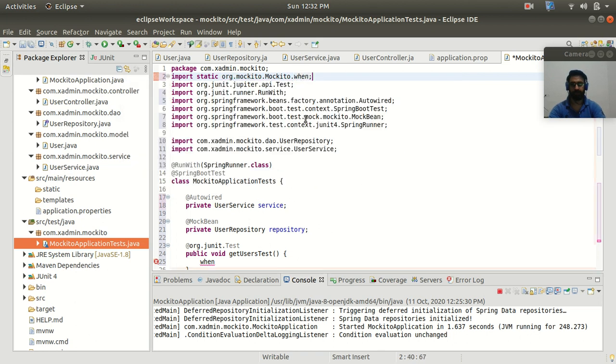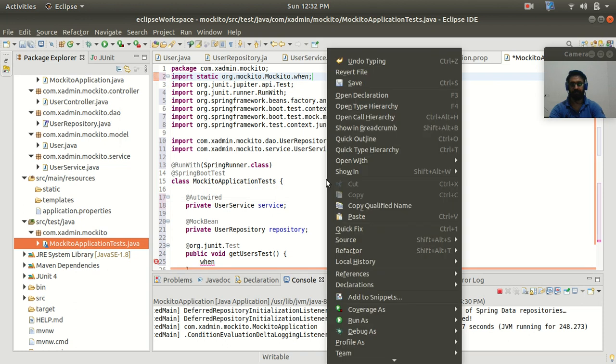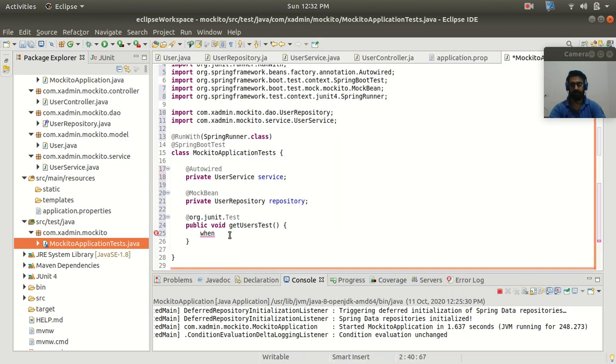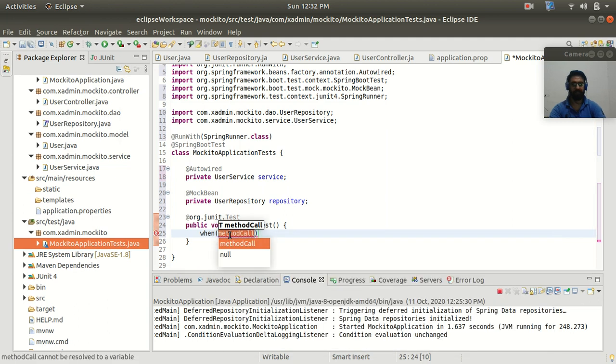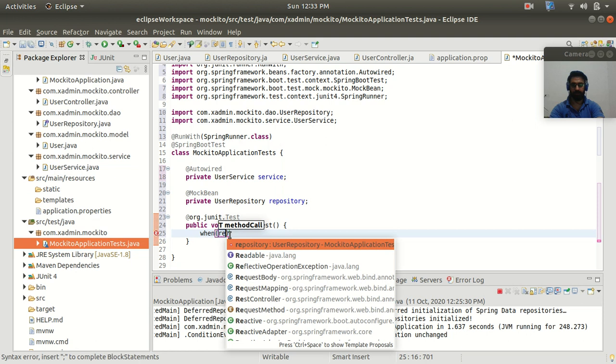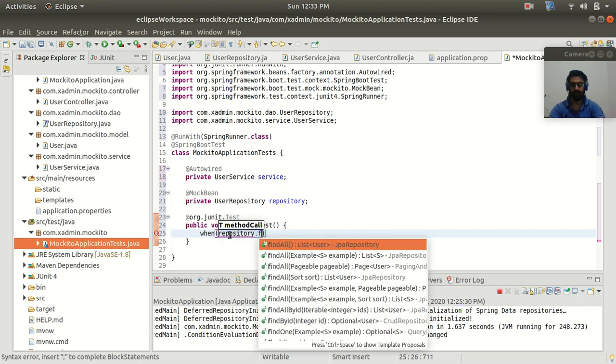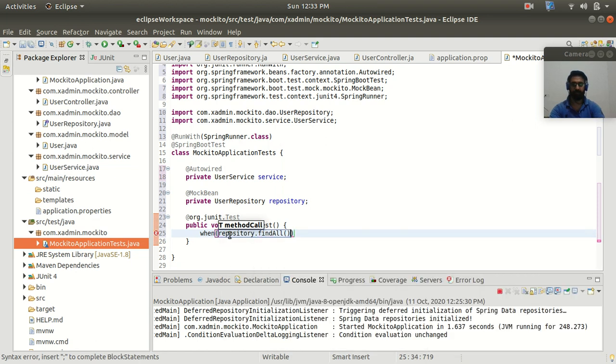Yeah, now it gets imported to this class, and now we get the when method. Inside this we have to do a method call, so here I will do a repository call: repository dot find all method. It is going to call the find all method of my repository class.